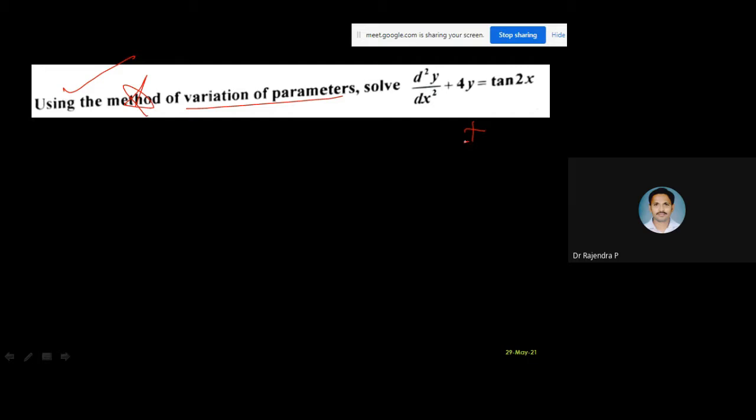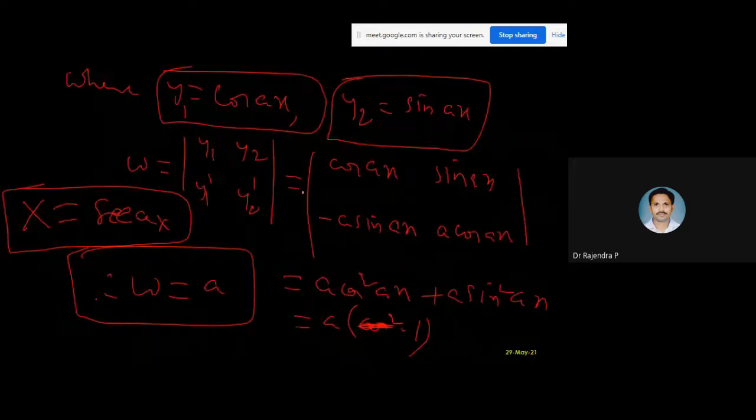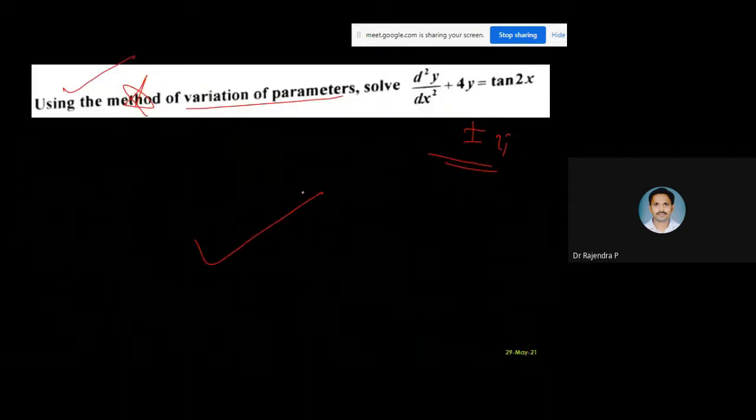Again, plus or minus 2i, I think I will get it. Okay, c1 cos 2x plus c2 sin 2x. Again cos and sin we get, again and again the same thing. So I want to leave this for you. I think it is very simple. If you understood the first two, I don't think it will be difficult for you. You can do it quickly. So try, attempt yourself. If you are not getting it, just ping me. Definitely I'll give the answer for that.